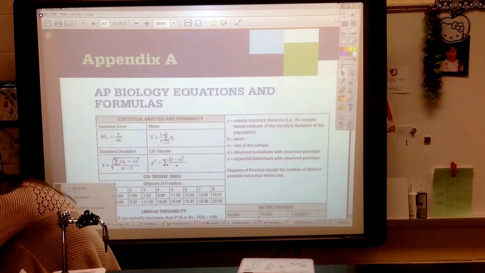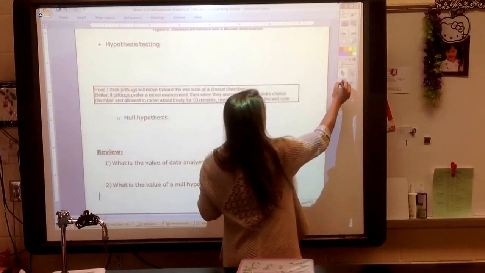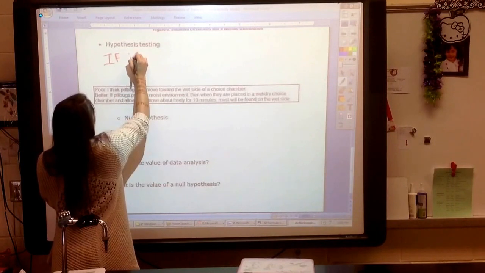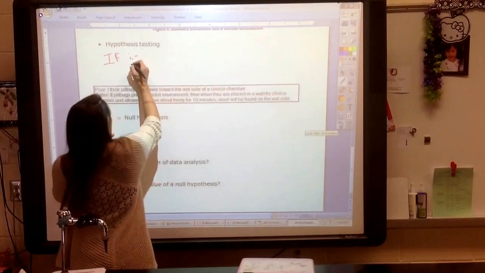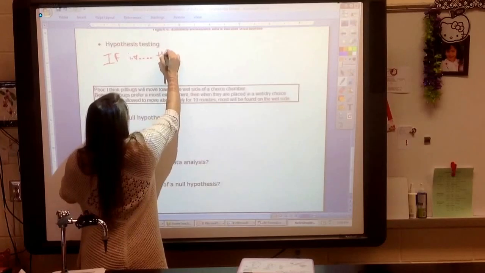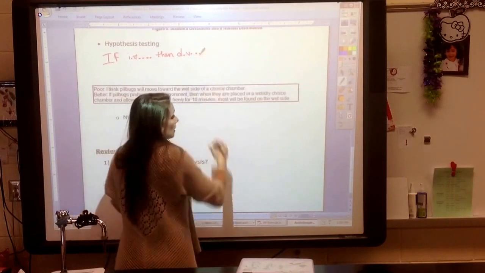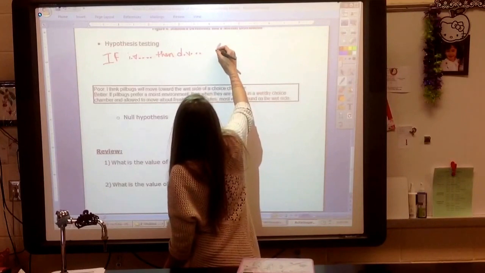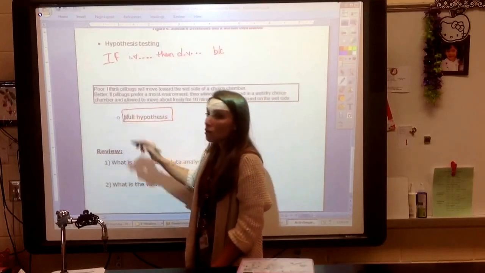But if you go back, the last thing that we really want to do is look at hypothesis. Now, a reminder of hypotheses that you have written is if the independent variable, so if pill bugs are placed in water, if the IV, then the DV, meaning if I change this, then this will happen. And this is actually going to be because. But we're going to look a little bit more about something called a null hypothesis